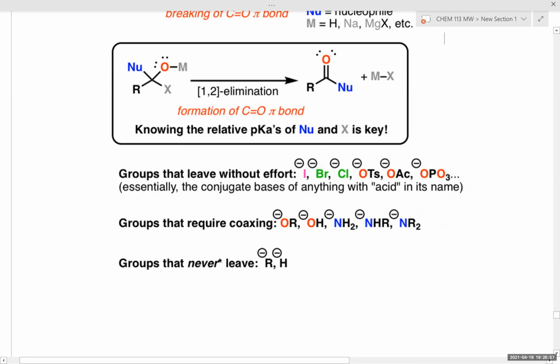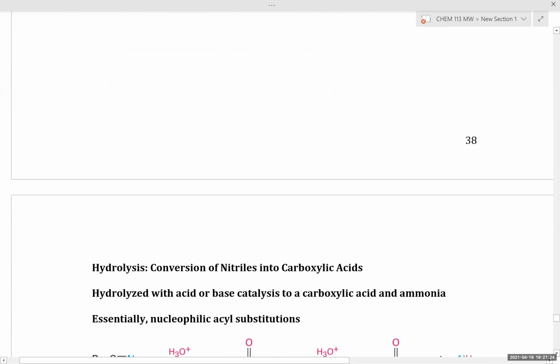While reactions when we have an anhydride or an acyl chloride, those occur quite readily. Does this relationship between reactivity and leaving group capability make sense to everyone? Okay, now